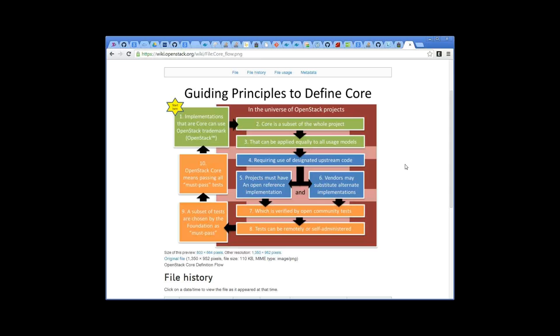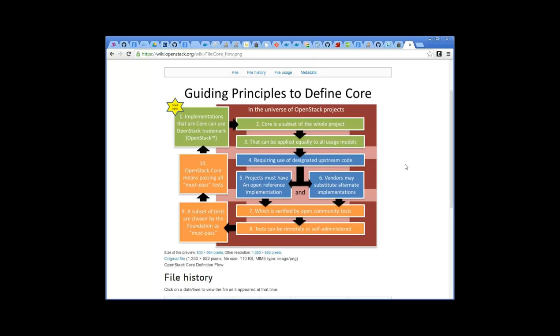It could be every single thing we've ever committed, some amount of code is required to call yourself an OpenStack Cloud. You must use some code. You need to figure out what today. And then from there, we actually had 2 options. If you are using the designated section of the code, then we expect that the full function of the cloud will be implemented in an open way by OpenStack. There'll be a reference implementation.